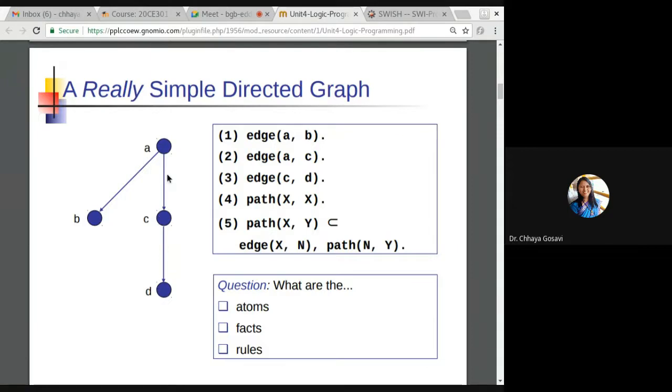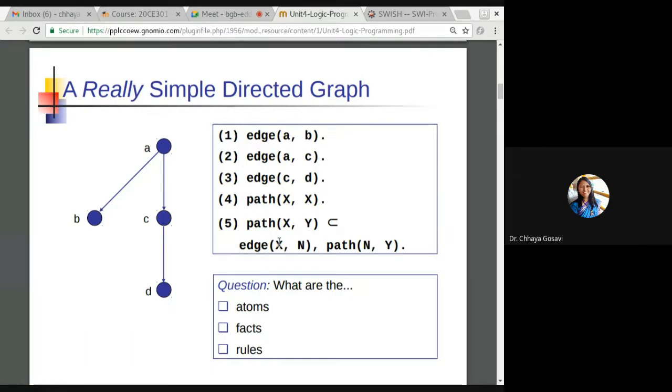There should be a path from A to some node, and from that node, there should be a path to D. So this is how we have written our rule, and path is called twice. So this is a recursive mode. And to end this, we have provided this rule. So where to stop? If these two values are the same, we can stop. So now in this example, what are the atoms, facts and rules?